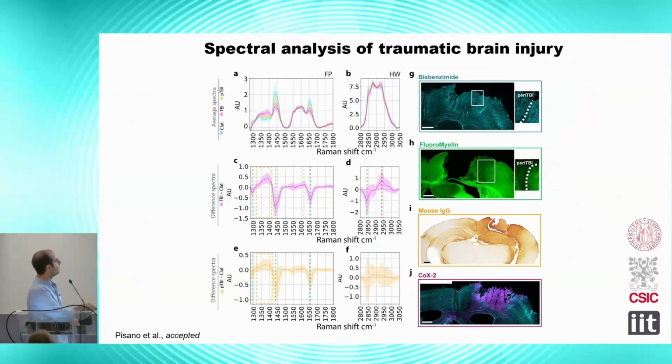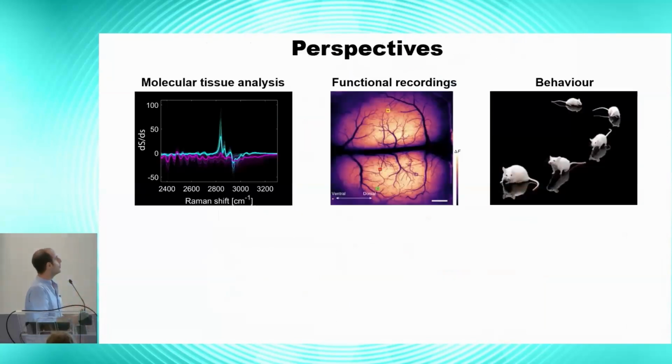But if you look at the spectra extracted from healthy brain or in the lesion, healthy is the cyan and the lesion is the magenta, you see that compared to histology, we can pick out the loss of myelin in the lipid band, the nuclei loss in the protein band, some sign of the rupture of the blood-brain barrier, and also some weak signal that we think could be linked to the presence of inflammation in the Raman shift linked to phenylalanine. So overall, this allows you to detect quite a